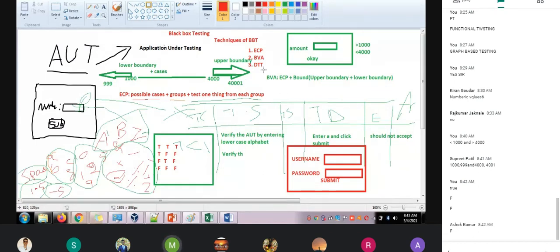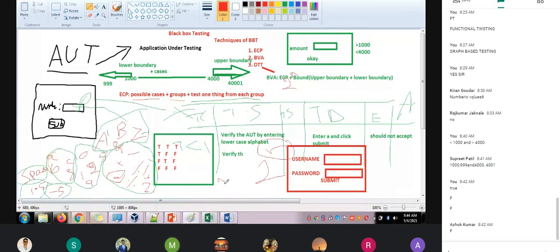So when you are using the decision table testing, how many possible outcomes, how many scenarios can you write? This is nothing but 2 power n. 2 power n is the formula for decision table testing. n is nothing but how many inputs.